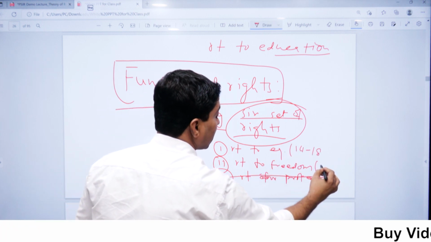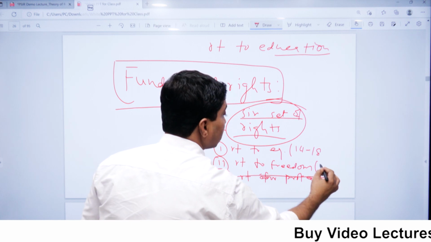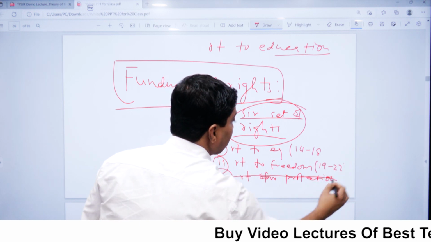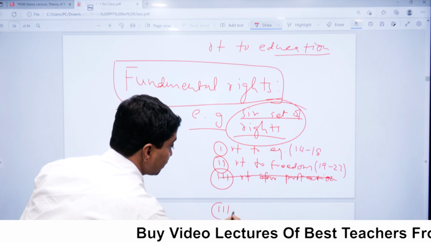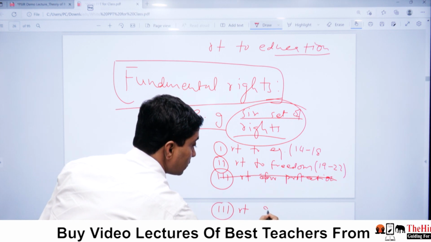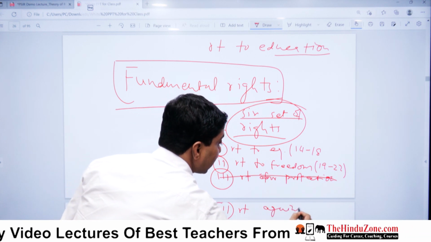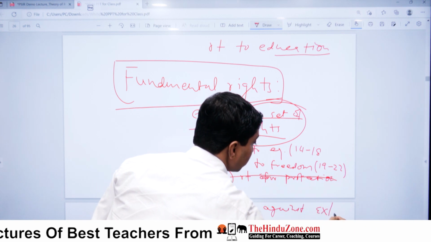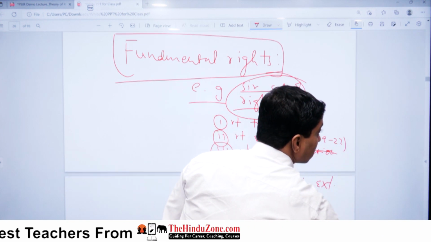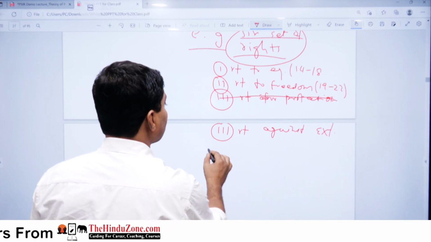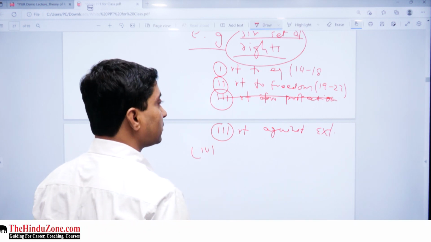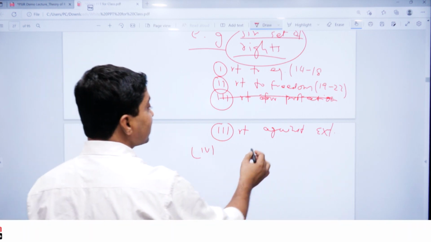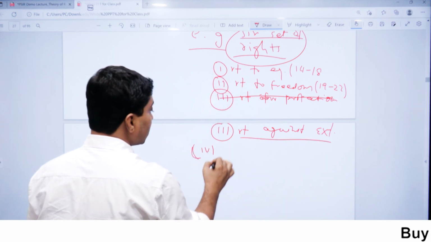This is under article 19 to 22. Then right against exploitation. Then fourth right is